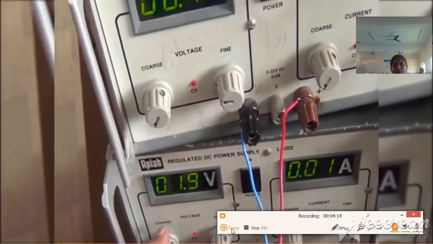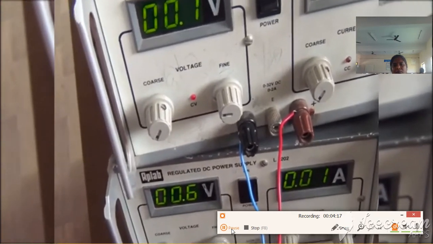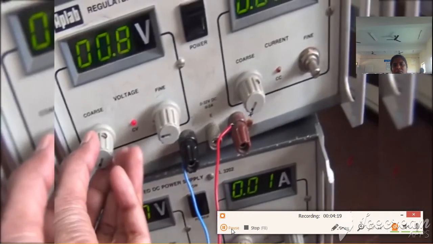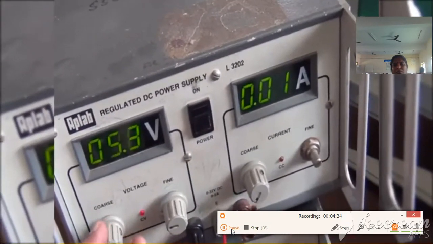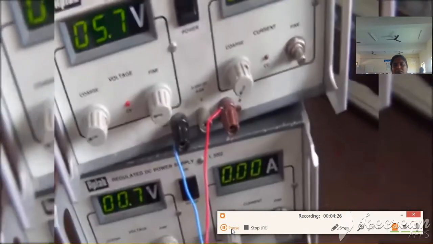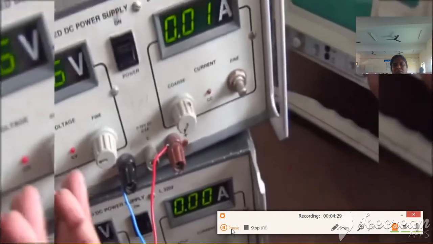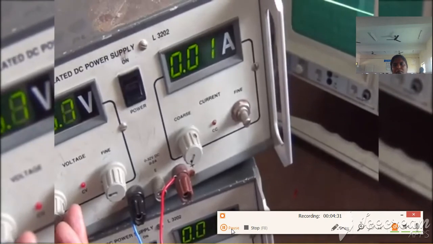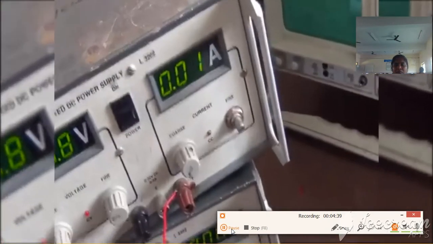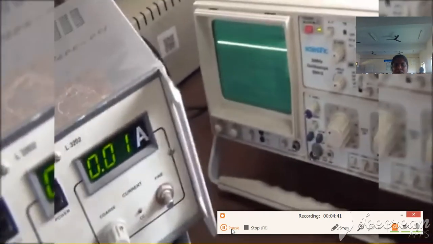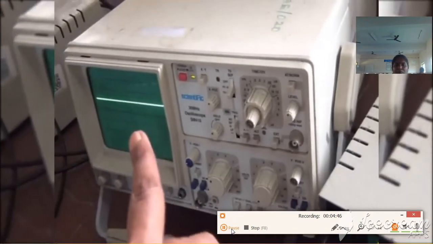Now we are going to reduce the voltage at pin number 2. It means that I am going to reduce the inverting terminal voltage, whereas the non-inverting terminal voltage I have increased. So when I increase this voltage, you will get the output to be positive. You can see the output in the CRO to be positive. So this is how it works. Subtractor means V1 minus V2. When you see the output voltage between 5.8 minus 0.6, you will get approximately 5.2 at the output.